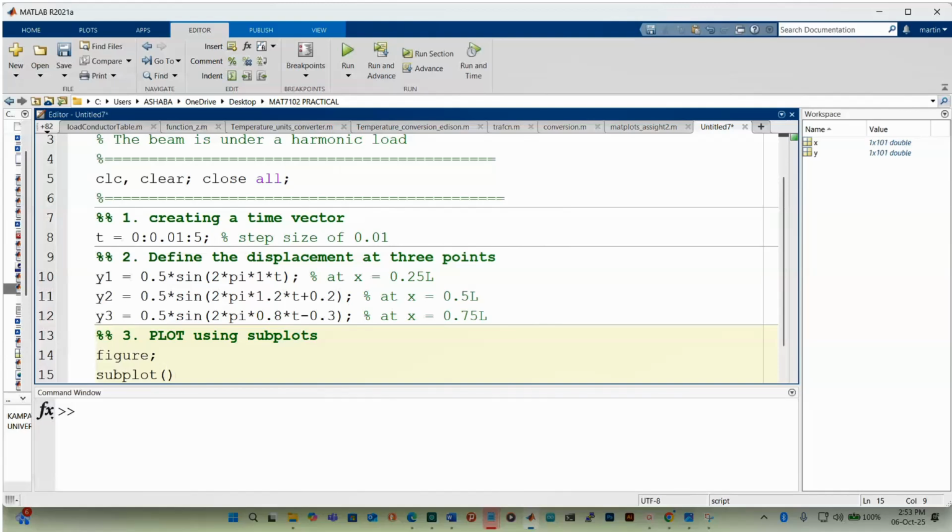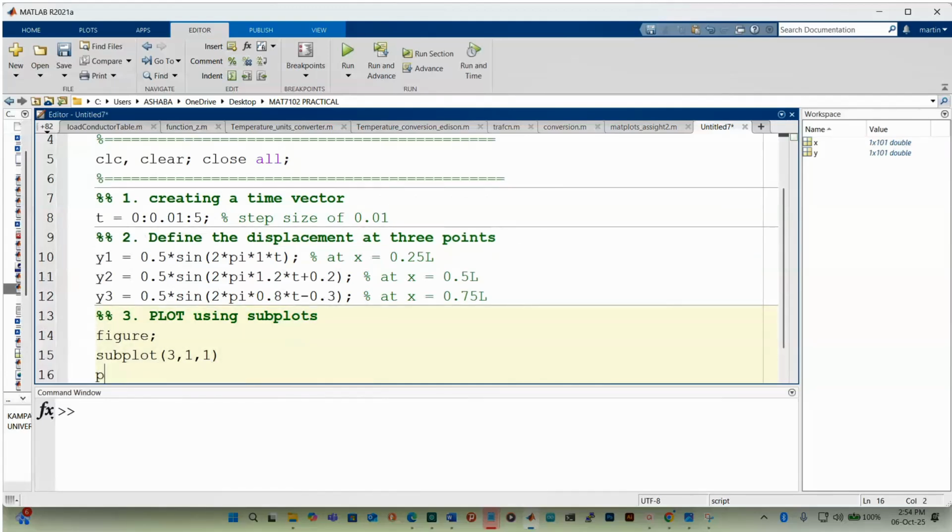That means these subplots are going to be arranged in form of a matrix. So you have one on top, another one down. So you have 3 rows and 1 column. So that's why we say it is 3 by 1, but in position number 1 we are going to put this. So we are going to say plot